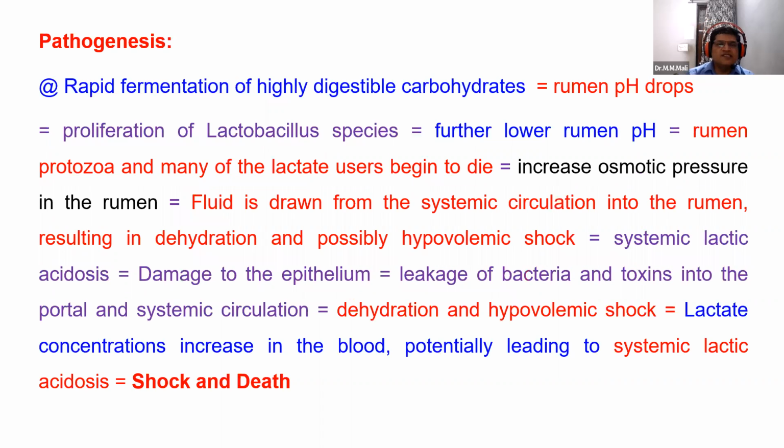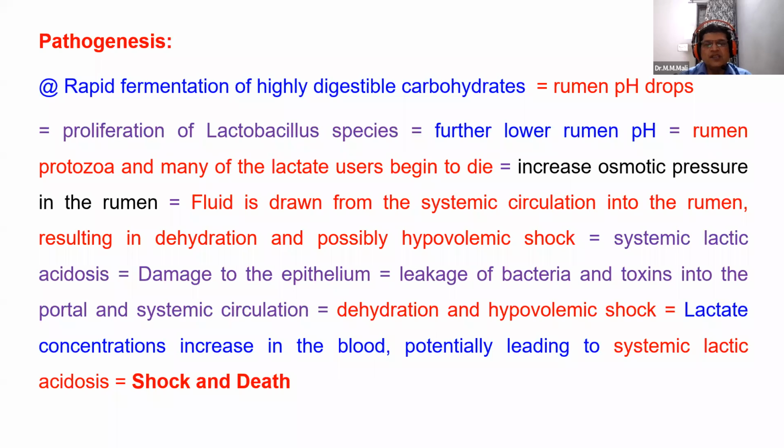Coming to the pathogenesis, as it is a very important disease, we always see it commonly during daily practice. So in field condition, this ruminal acidosis is very common. Coming to this pathogenesis, the rapid fermentation of highly digestible carbohydrate causes the decline in the rumen pH, and this causes the proliferation of lactobacillus species present in the rumen fluid. Then this leads to the further lowering of the rumen pH that ultimately causes the rumen protozoa and many of